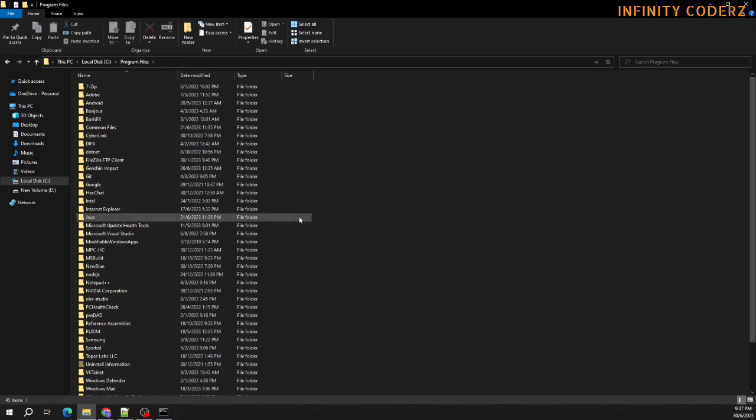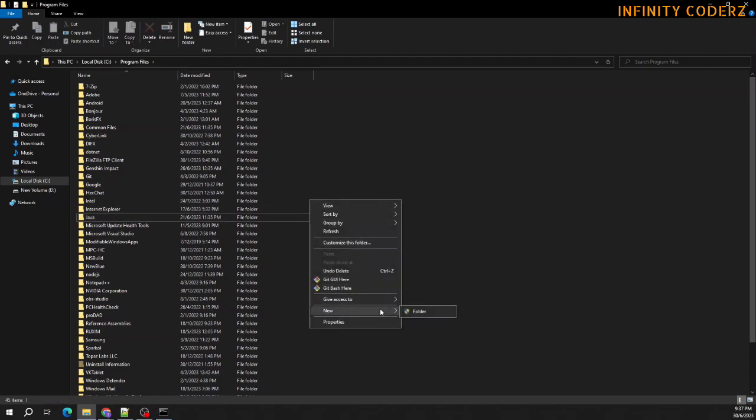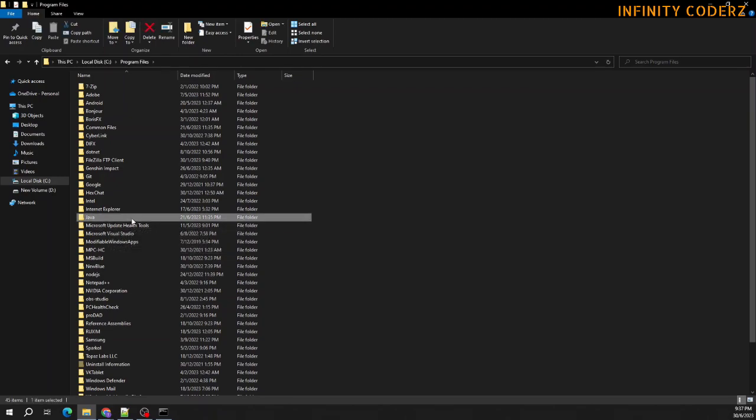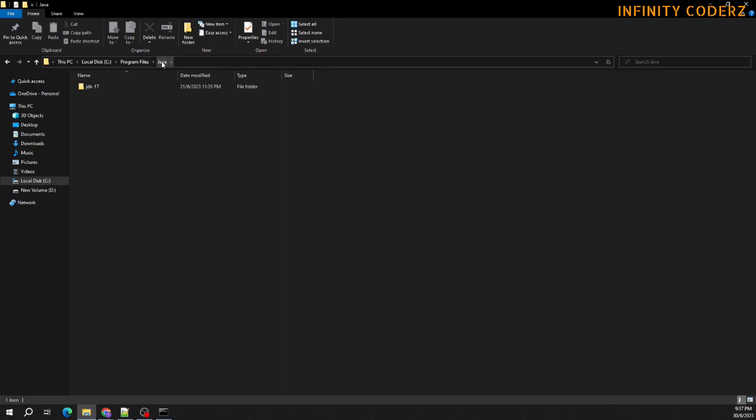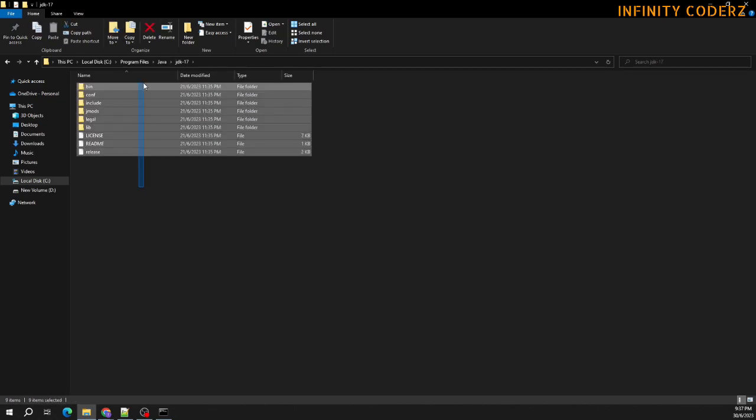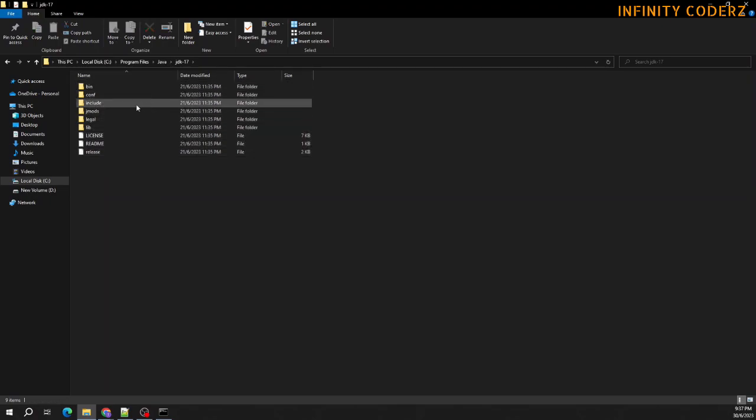If we don't have a Java folder, we can right click, select new folder, and rename it as Java. When we run the installation, it will save into this particular folder. Inside it, you will have the entire development kit. As we can see here, the entire development kit has been installed. Once we have done the installation, next we will look into how to set up the environment variable.